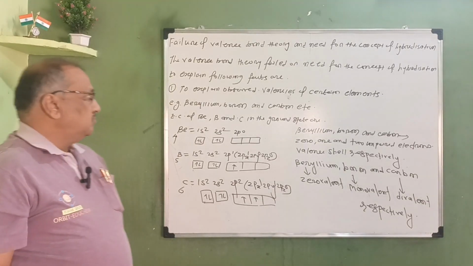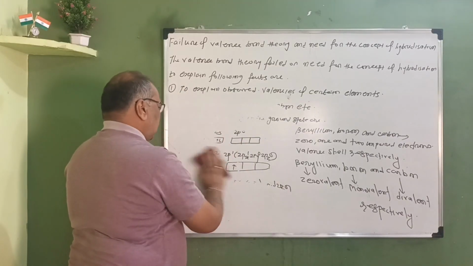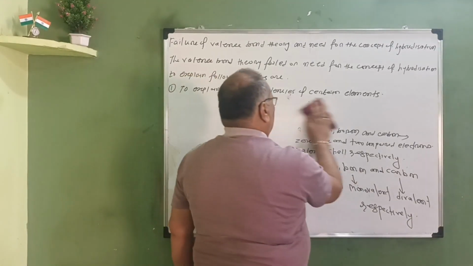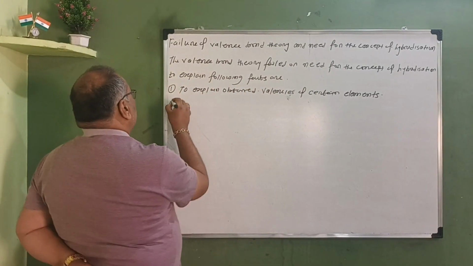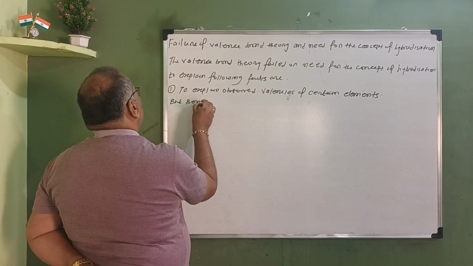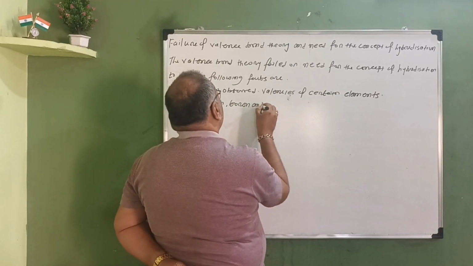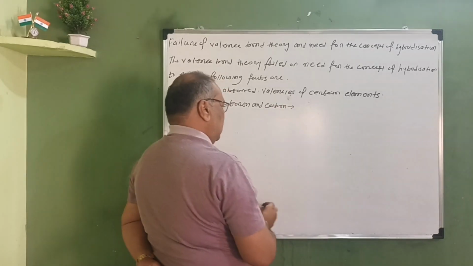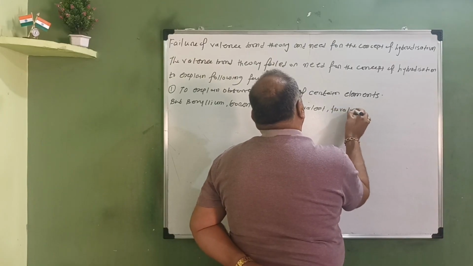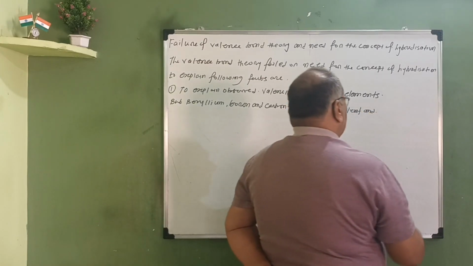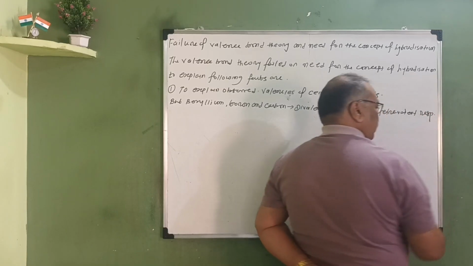But here beryllium, boron and carbon are divalent, trivalent and tetravalent respectively. This is because